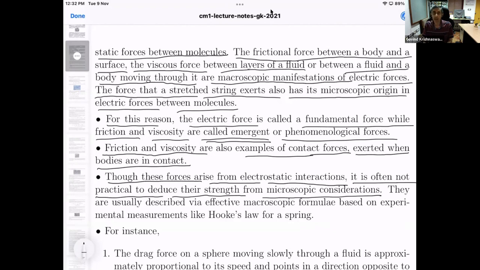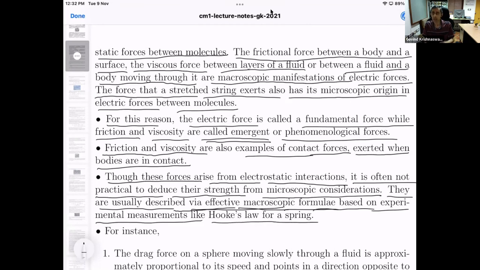So rather than do that in practice, macroscopic forces, these effective emergent forces like friction, are usually modeled or described via effective macroscopic formulae. I mean, we don't go back to Coulomb's law to tell the value of the friction that a ball is going to experience on the surface it moves on. Rather, we use some kind of effective macroscopic formulae based on experimental measurements, and one of those is Hooke's